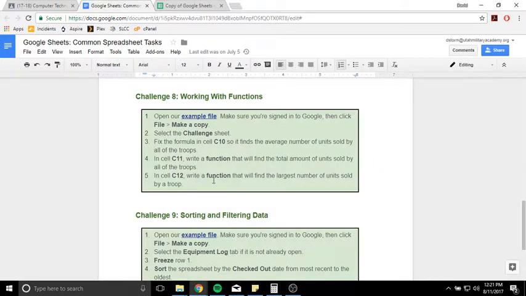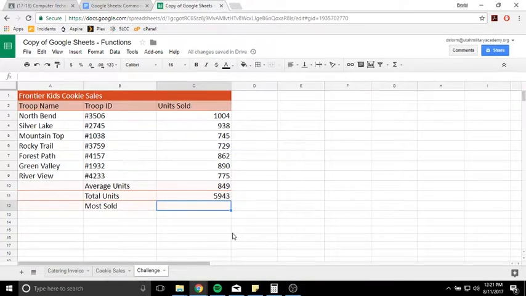Okay. I'm assuming the next thing is going to be the largest number of units sold by any individual troop. So the largest number in this data set, that's going to be a max function, right? So we need the maximum number in the data set. So we're going to go ahead and select our data set and hit enter, and we will get 1004